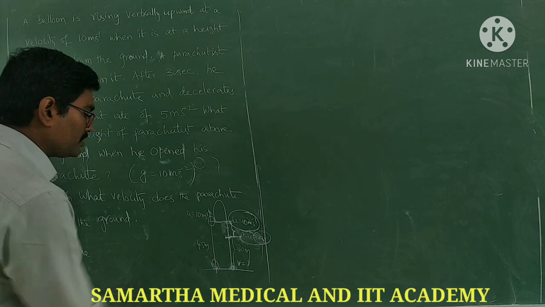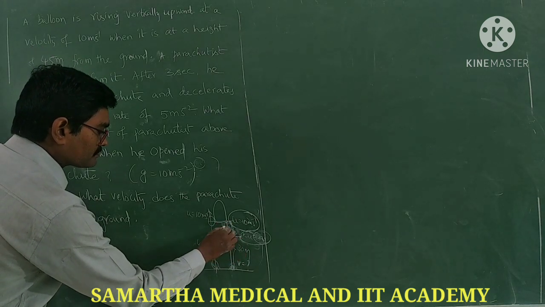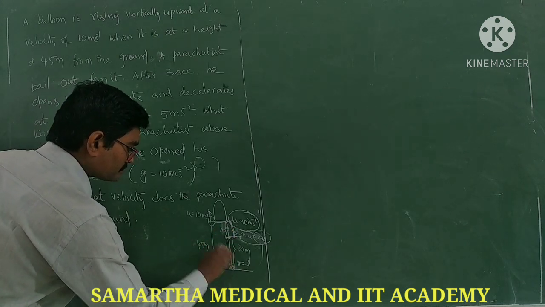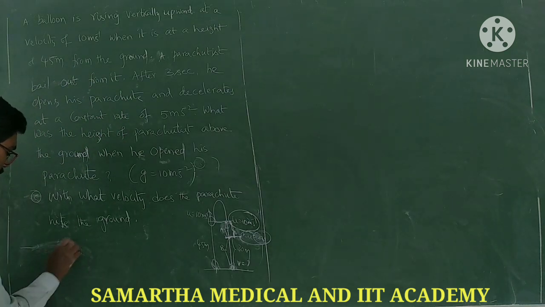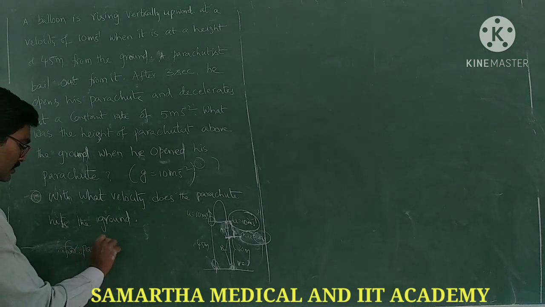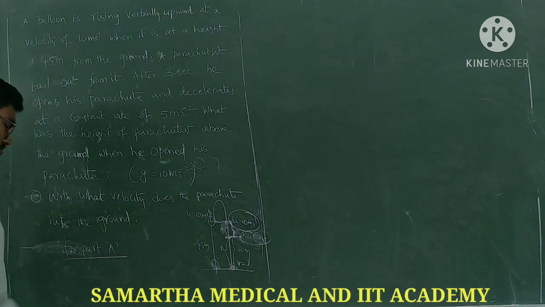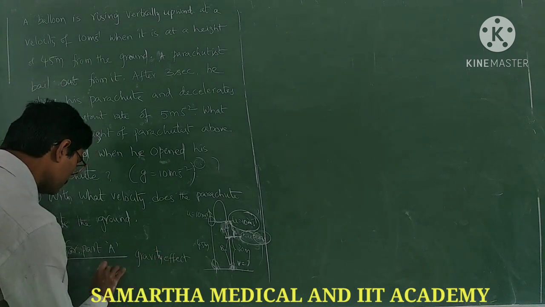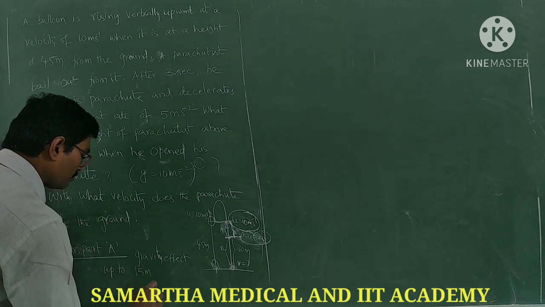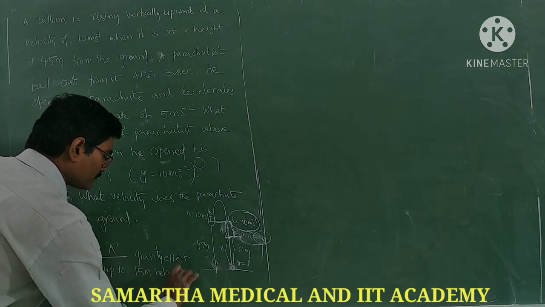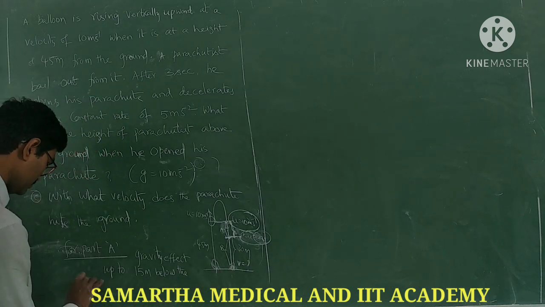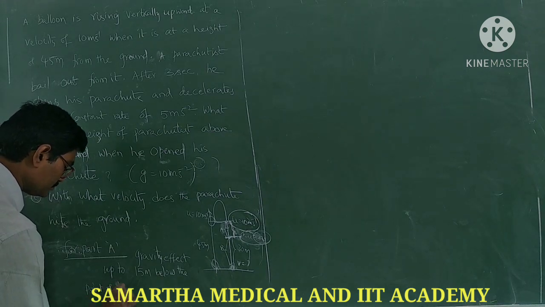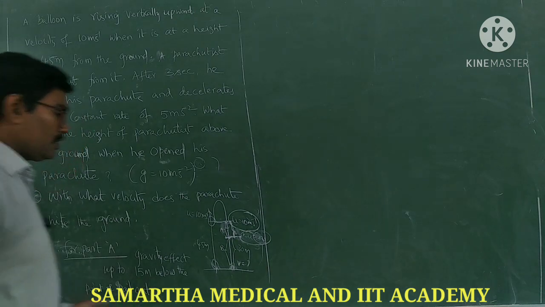So how to calculate? You see here. Here V for the first part, for the second part, or for part A, for part B. I am taking part A. For part A, this is only due to the gravity effect, up to 15 meter below the point of bailout. Okay, so that means what?